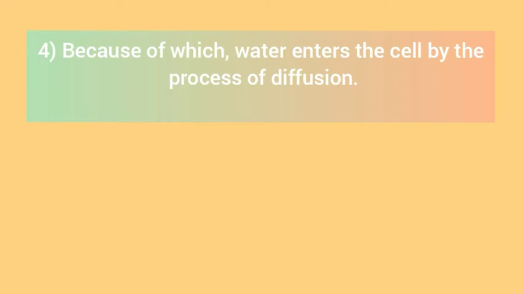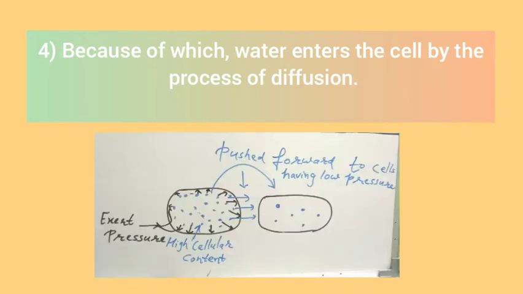So this process is not a simple physical process. It requires energy which is obtained by ATP, that is, adenosine triphosphate. Whenever food material like sucrose is transported towards any plant part via phloem with the help of ATP, water concentration in that area decreases. As you can see in the figure, the pressure on the cell wall increases due to increase in cellular concentration. Due to this, food material is pushed into the nearby cells where pressure is low. This process helps transport of materials.